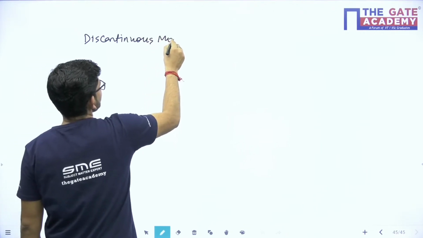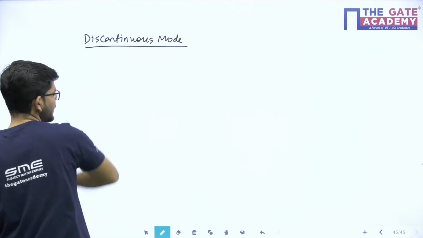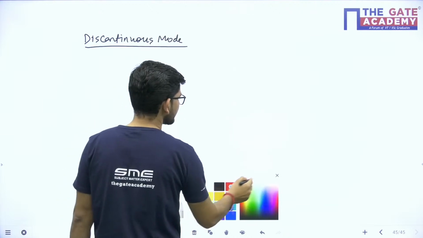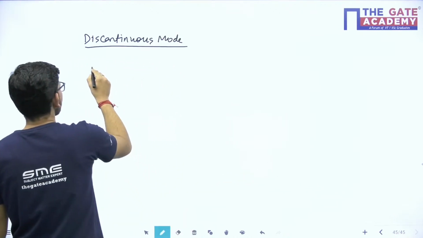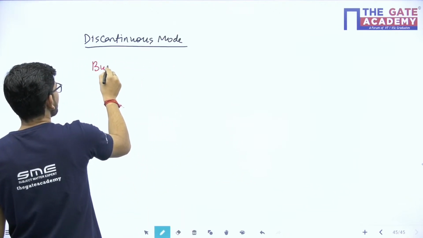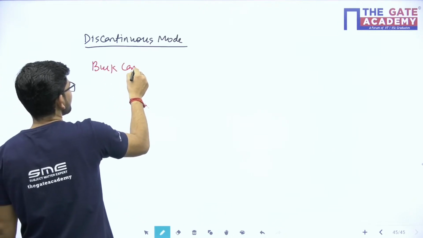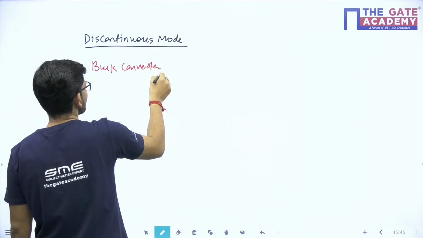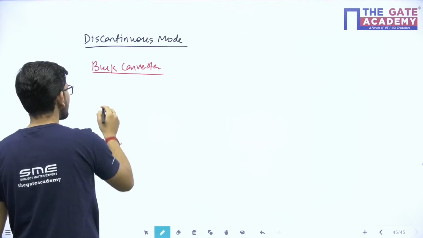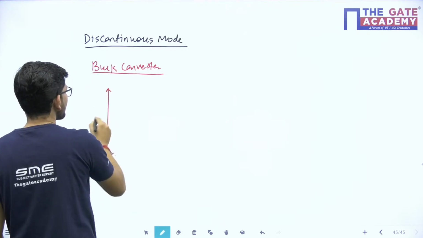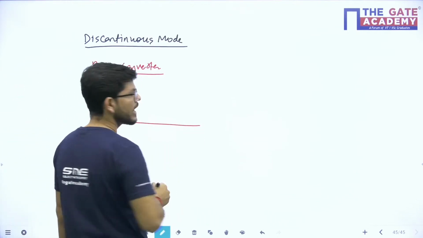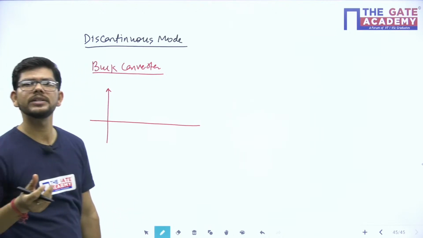So let me discuss one case of discontinuous mode and how the calculations are done. Let me talk about the buck converter case, and we will do all the analysis similar to whatever converter we have. So if I talk about buck converter, in case we are having a discontinuous conduction operation,